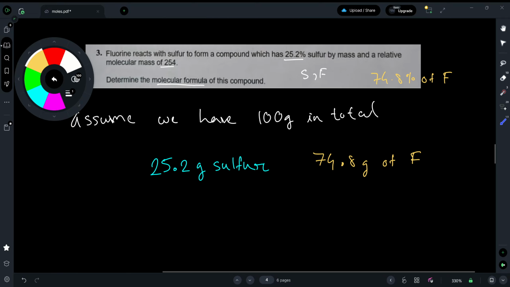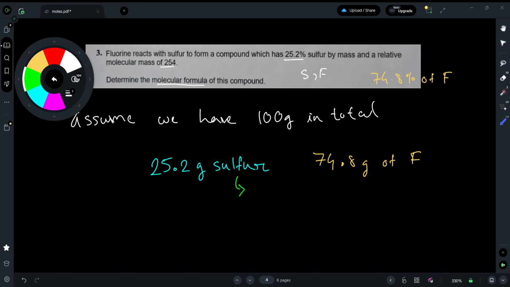So now we have the masses of the elements in our compound, but we can't really work with the masses. Why? You can't just take the ratio of the masses, and sometimes some people try taking the ratio. You can't take the ratio. Why? Because the mass of sulfur is going to be different for every atom. What I mean is that sulfur has a mass number of, I believe,